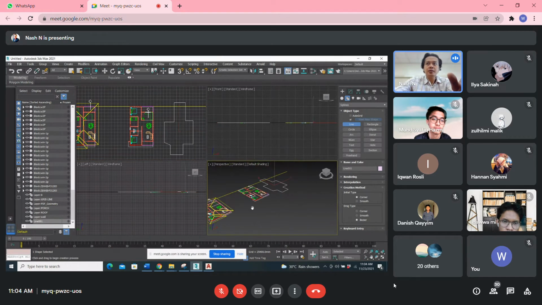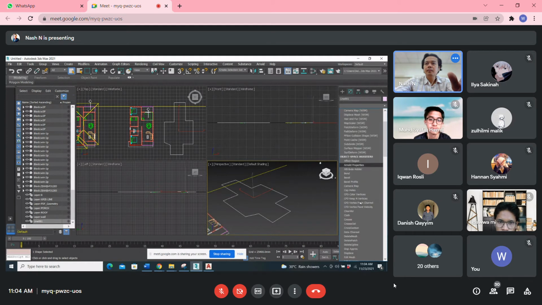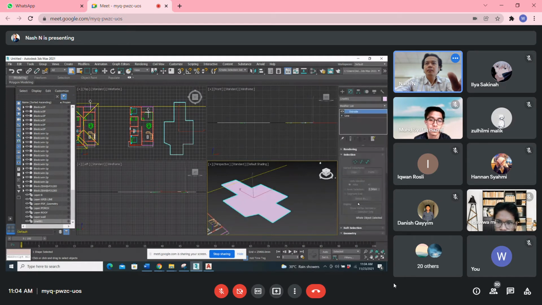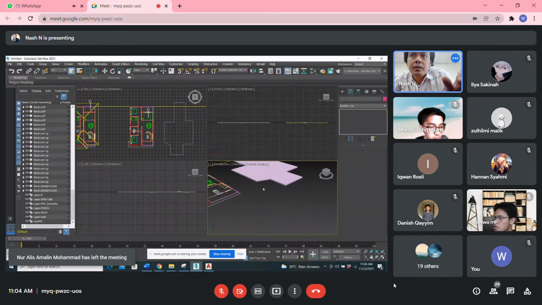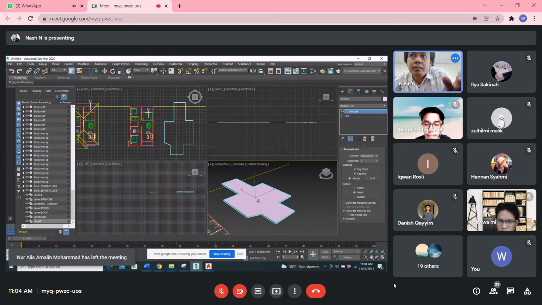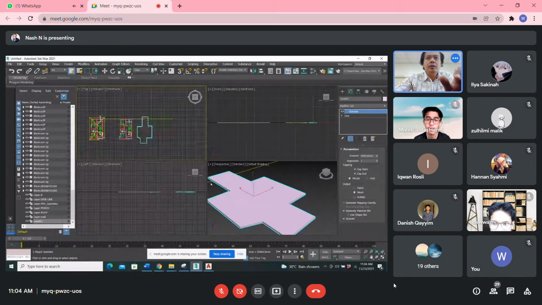And then I extrude it. Then the building, let's say I make it 4,000 height. Height 4,000 mm. There is 4,000 mm here.